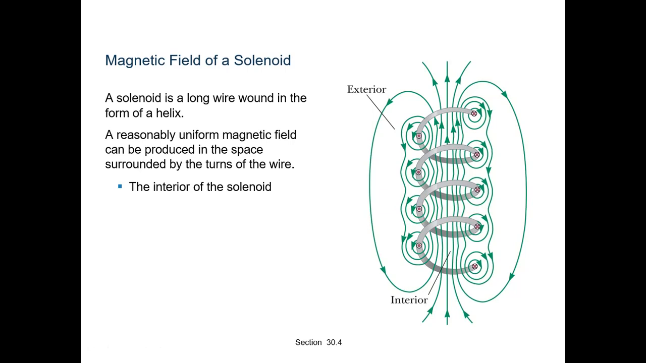It consists of a long wire wound in the form of a helix. The neighboring turns are closely spaced, so each turn can be regarded as a circular loop. The net magnetic field is the vector sum of the fields due to all the turns. Insulated wire is used for the winding so that